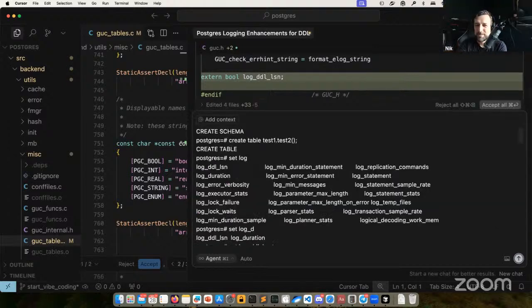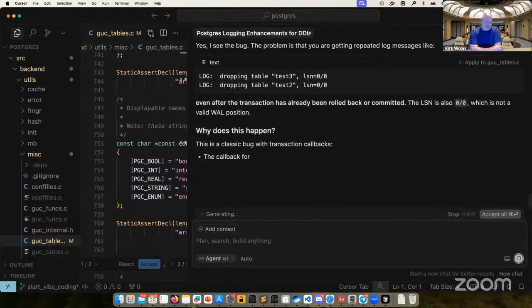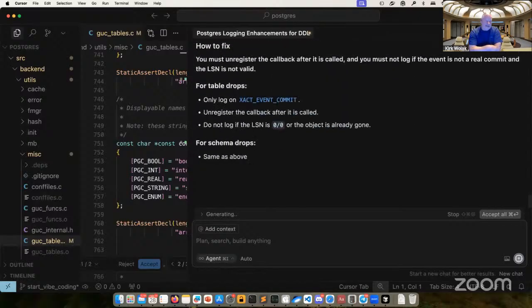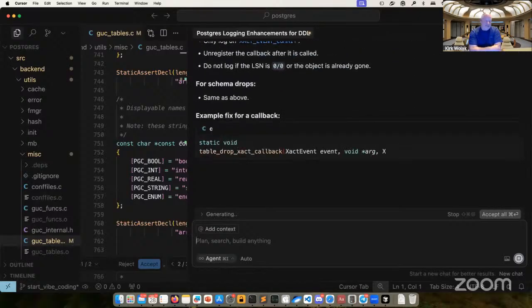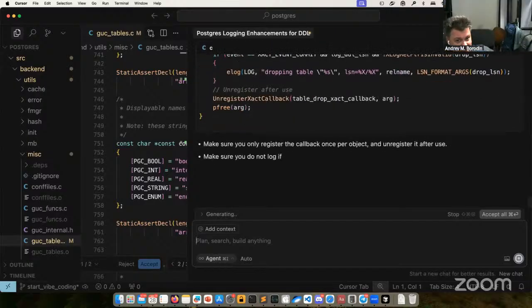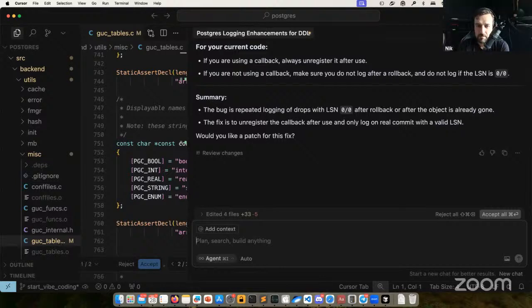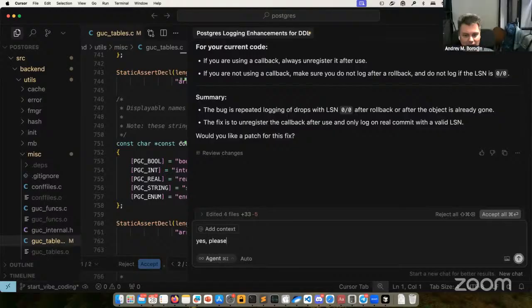I realize we work with LLMs very differently. Can we ask it to make tests actually out of this? Not yet. It probably doesn't know how our regression tests work. Of course it knows, because the Postgres codebase is very well known for all LLMs. I'm pretty sure it can write tests.